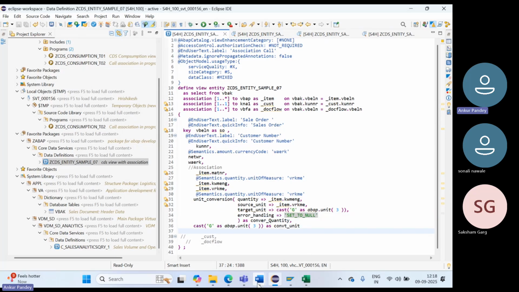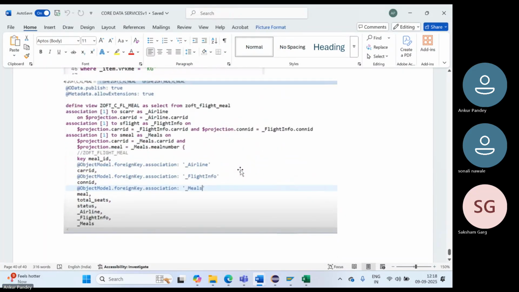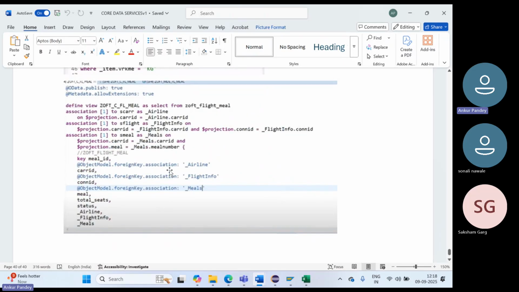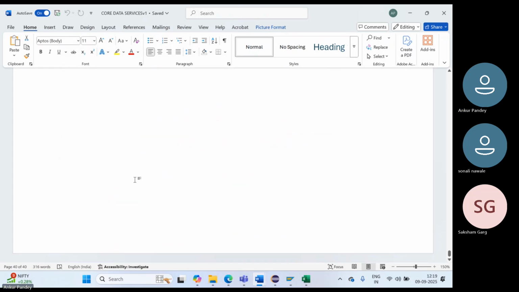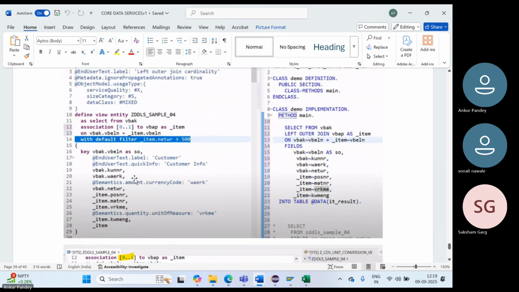सो दिस इज द कन्वर्जन करेंसी, ओके। या फॉरेन की रिलेशनशिप, ये होता है मजेदार। फॉरेन की रिलेशनशिप एसोसिएशन विद एयरलाइंस, ये हम आपको लास्ट में बताएंगे जब हम कोड डाटा पब्लिश करेंगे यूवी के साथ, तब बताएंगे रियल टाइम सिनेरियो में कैसे काम करता है एसोसिएशन, फॉरेन की कैसे काम करता है, सर्च हेल्प कैसे आता है, वो उसी के साथ कोड डाटा जब बनाएंगे यूवी के साथ, तब ये समझ में आएगा, ऐसे नहीं समझ में आएगा। ओके, तो हमारा कन्वर्जन हो गया।